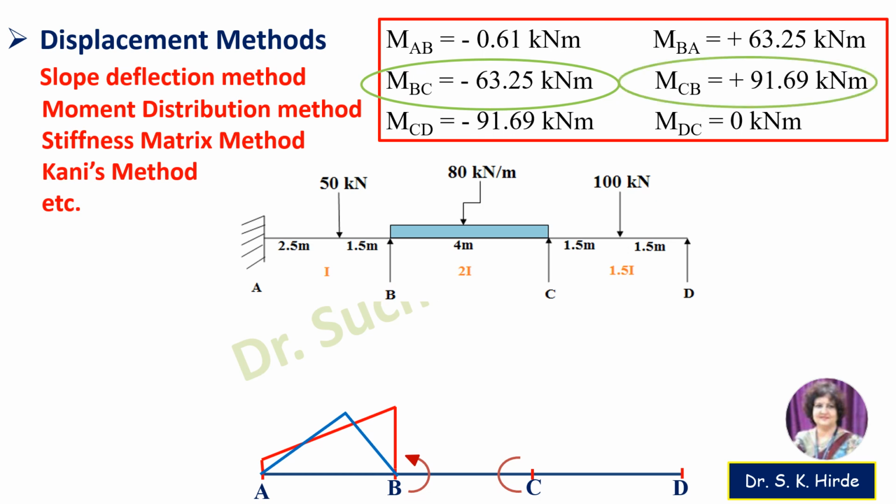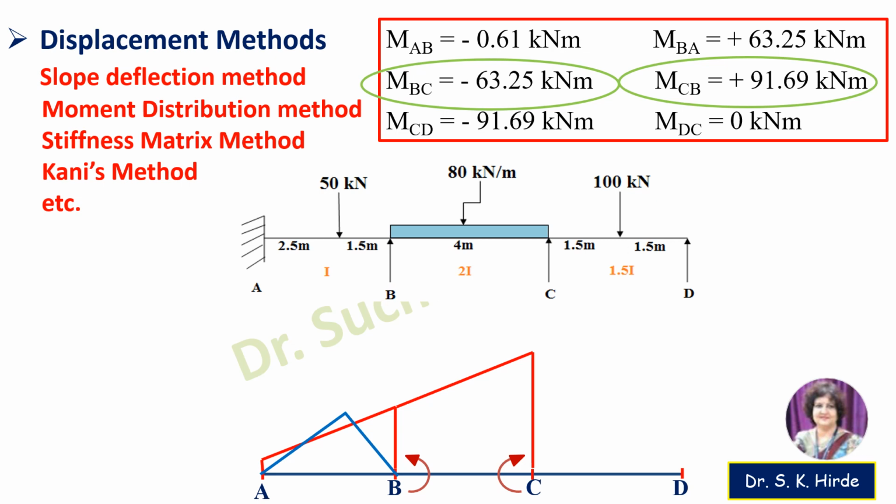Now at C, moment MCB is plus 91.69. Plus means rotate the arrow in clockwise direction. Draw the ordinate. It will be 91.69. Join these two lines. This is the hogging diagram due to support moment, over which we have to overlap the bending moment